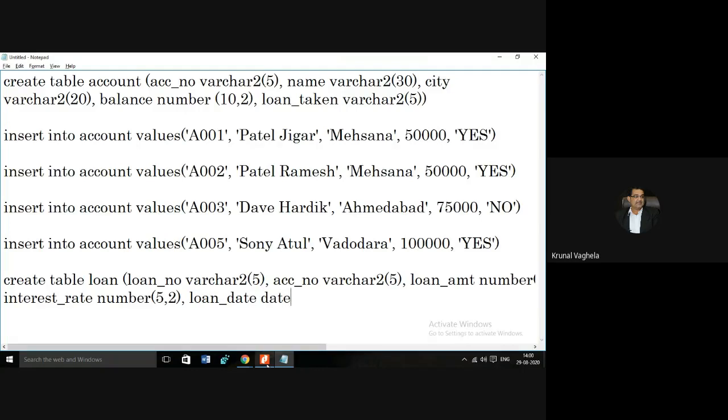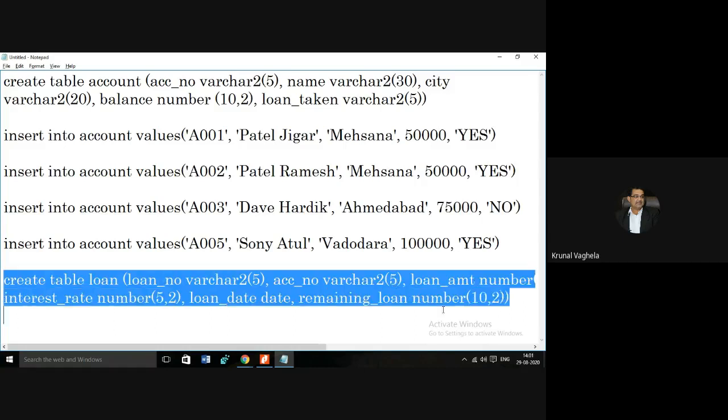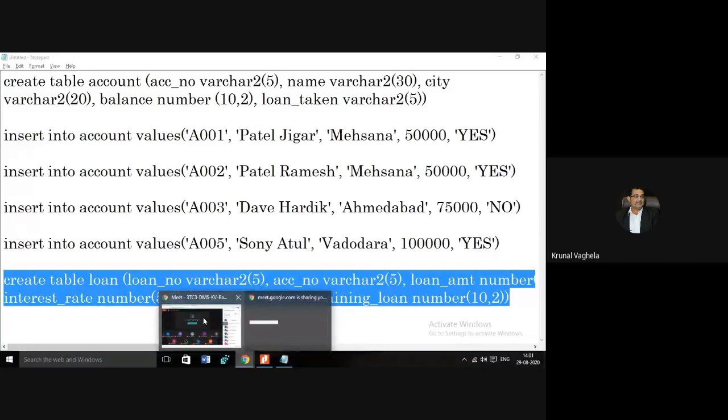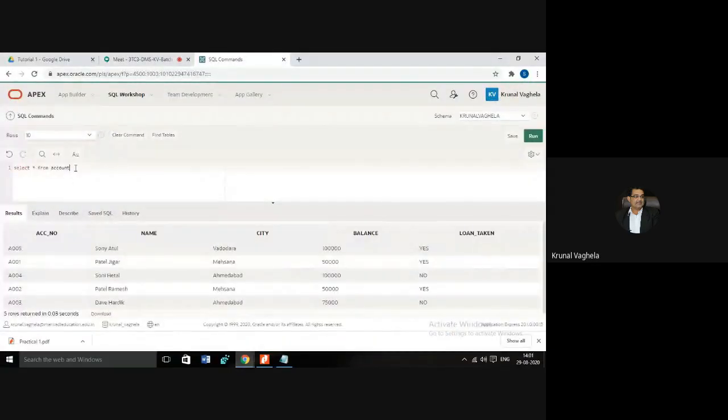Whenever you are using the data type date, no need to specify the size. Then remaining_loan number, size is 10,2, bracket over. Let me copy this, Control C, Control V, run.